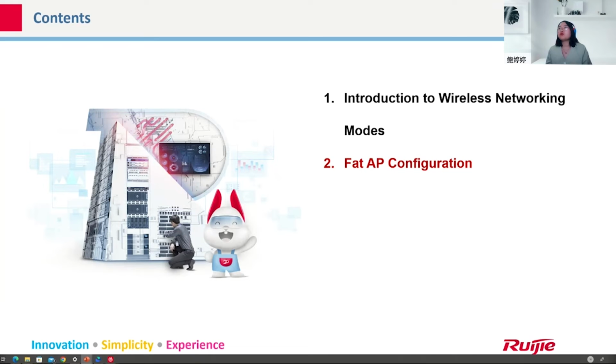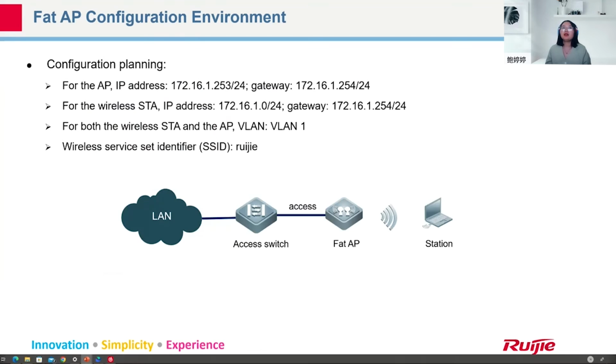When we do the configuration, what's special and what steps do we have to do? For example, now it's very easy. We have one FAT AP connected to the access switch. And of course, for the wired network part, we have already added the correct configuration. Now our requirement is for the AP, please give an IP address